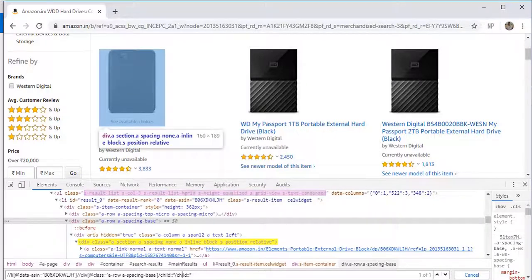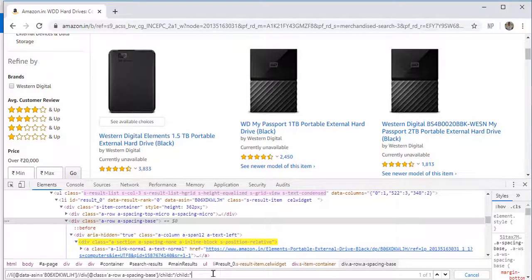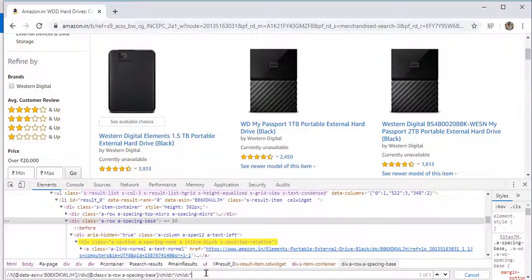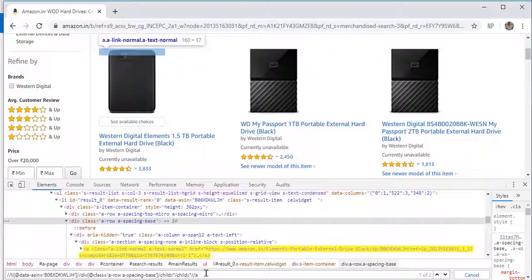Likewise you can travel. Okay, so over here we are at this position, right? And after this we have an anchor tag. Okay, over here we have traversed to its child.